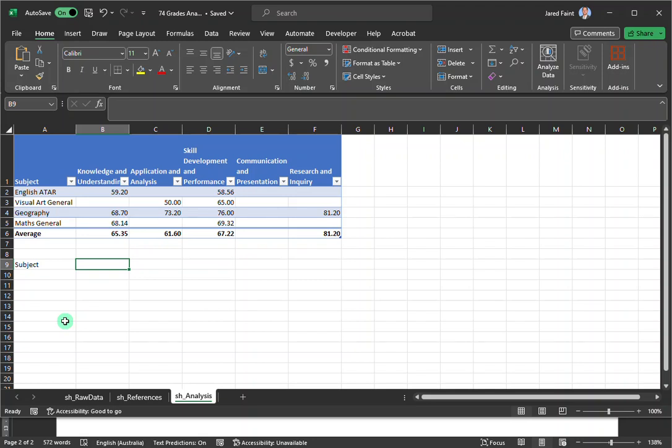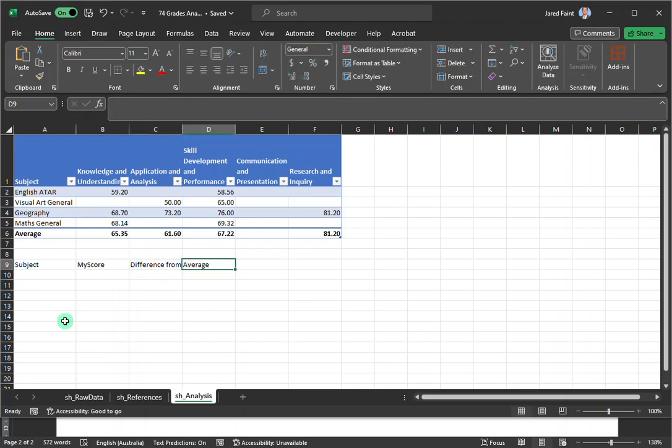It might be better for later on, but I'm going to go subject. I'm going to then have my score, then I need the average score and top score. Oh, no, I don't actually need them there, I just need the difference from